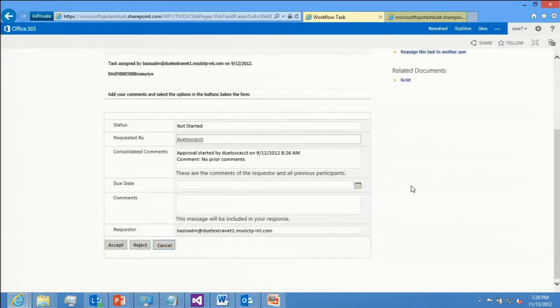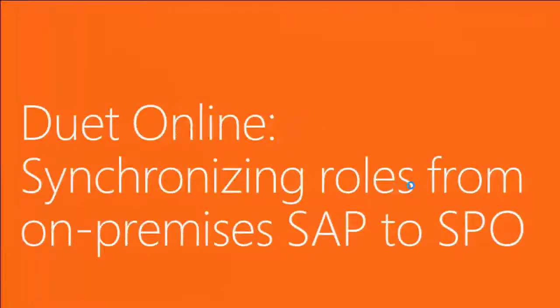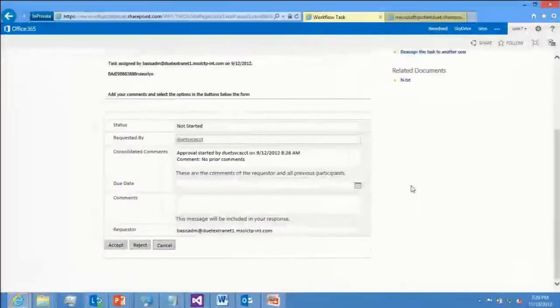Now, one of the tricky things that we had to do here because of the hybrid call was we had to do identity transformations at multiple locations. One is when we called from SharePoint Online to on-premises, we had to transform from the cloud identity to the on-premises identity. When SAP on-premises sent a request back to the cloud and said, assign this task to user Peter, we had to transform that user Peter from Redmond/Peter to Peter at Microsoft.